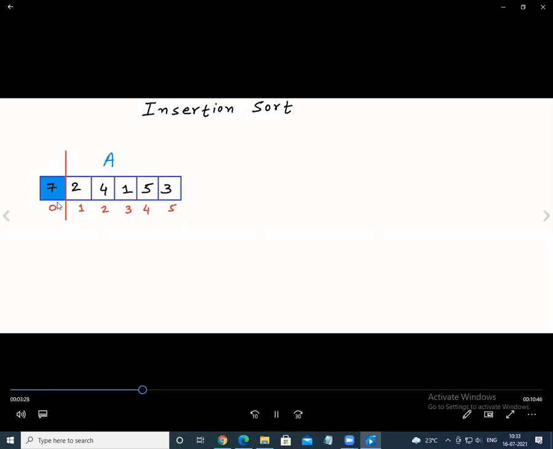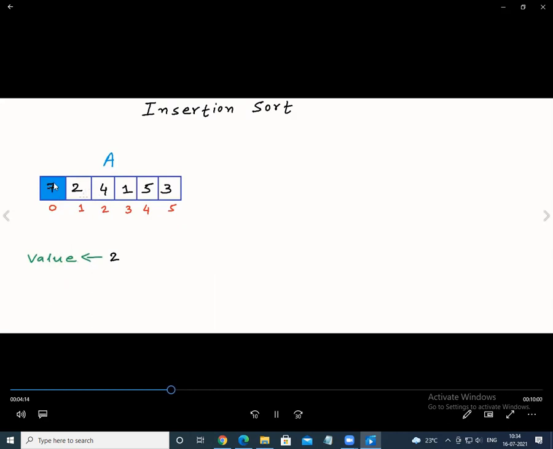So we will divide the array into two subsets. So a of 0, we would assume this part on the left hand side is a sorted array. The right hand side we would assume as an unsorted array. This part on the right hand side of the red line is an assumption. So we go on picking one element from the unsorted elements. We compare with the individual elements on the left hand side, so that we go on sorting the elements that are given. So we pick up 2 and compare with the 7. Hence 2 is less than 7, hence 2 is shifted to the position of 7.